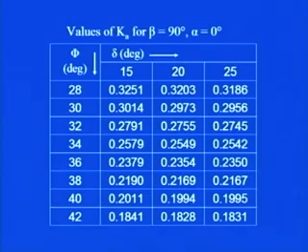As I told you, the Ka values for different beta, alpha and delta angles are available. So, I am showing you the typical values of Ka for beta equal to 90 and alpha equal to 0 degree. What does this mean? When I say that alpha is equal to 0 degree, that means the backfill is not inclined, the backfill is horizontal. And when I say that beta is equal to 90 degree,